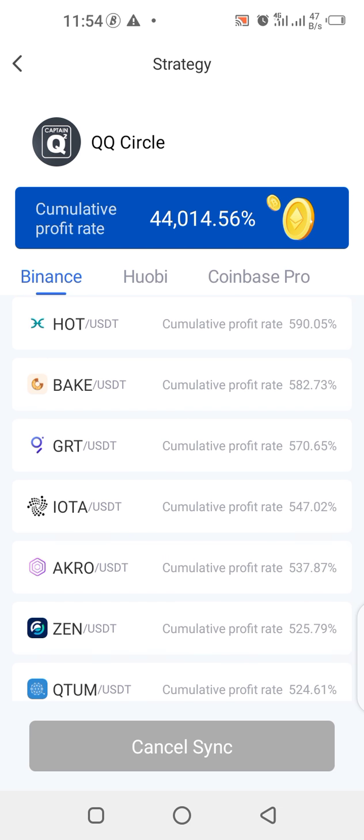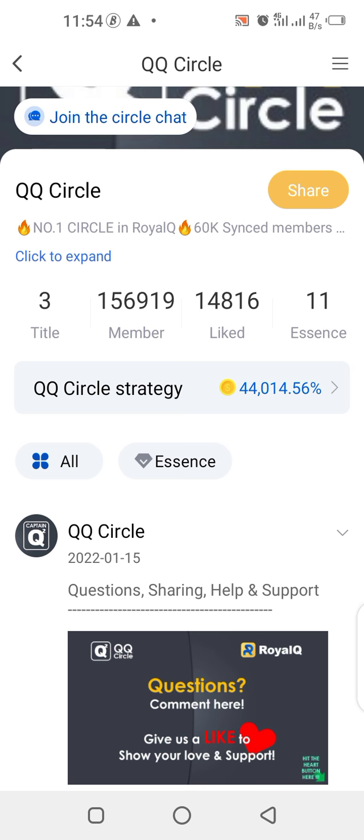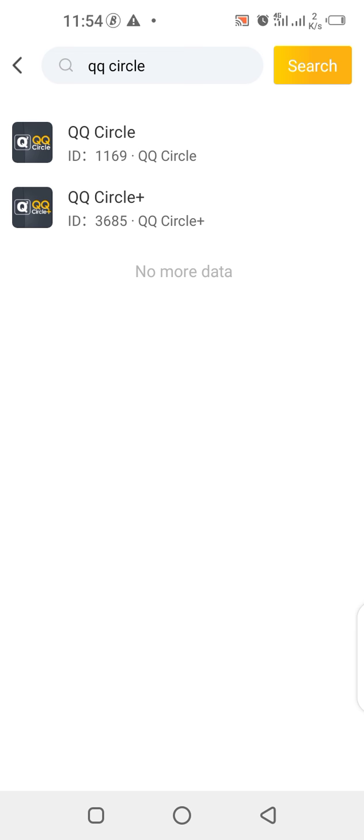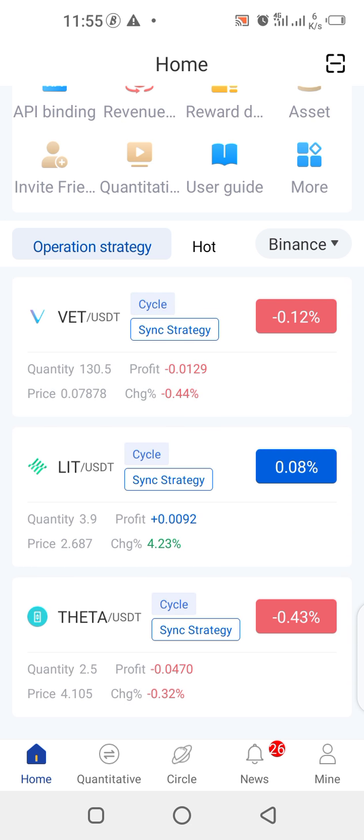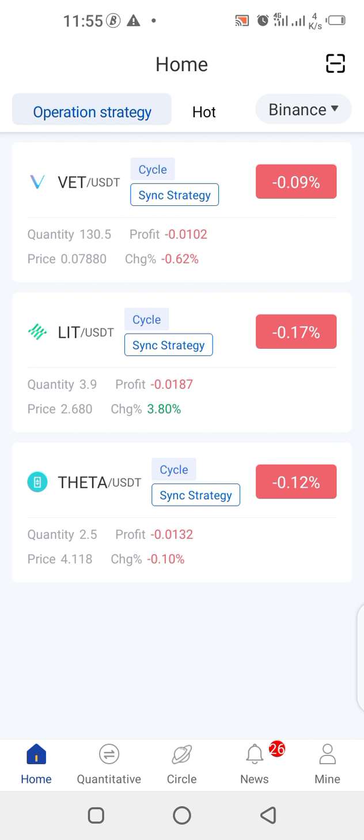So we'll come back to the home page. Come back, you see on the home page here, you see 3 coins that are being traded right now. Okay, so we have the VET, Litecoin, and Theta. These are the 3 coins that we are trading on. So in case you want to add more,